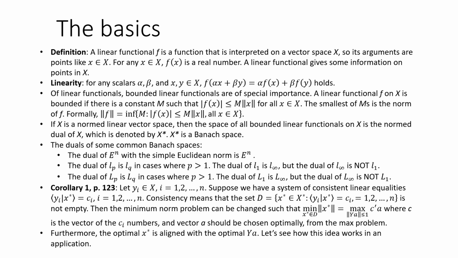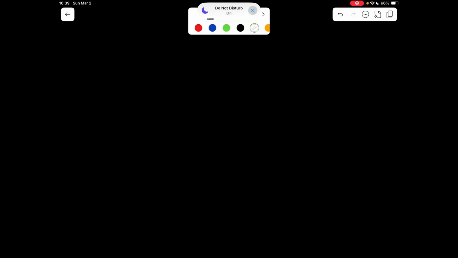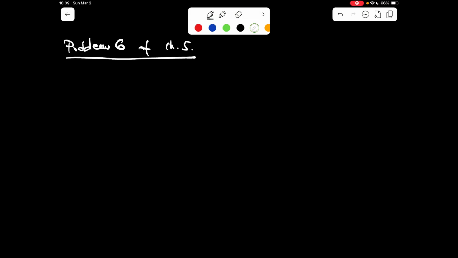Let's have a look at problem 6 of chapter 5, which is a beautiful but complex control problem, by which I like to show you how to use dual spaces to simplify problems. So in cases where we have infinite dimension problems, we can use the duals to simplify the problems into finite dimension problems. This problem is about a rocket